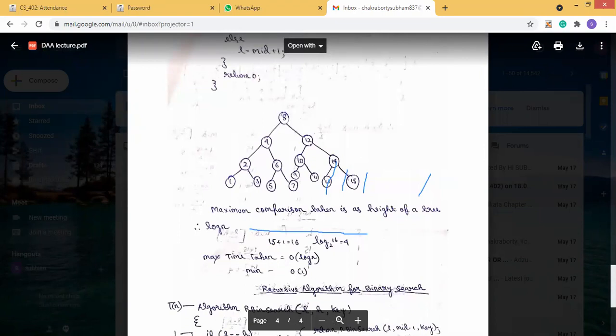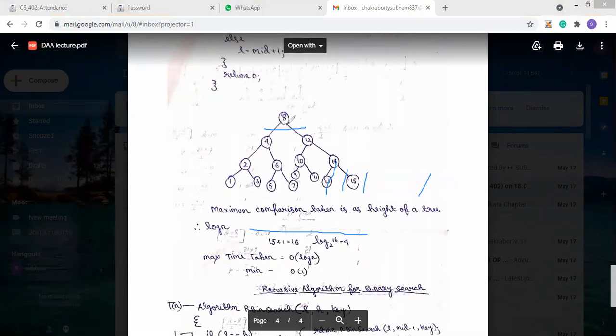According to this example, the tree is prepared. At first, the mid is 8, because 1 plus 15 by 2 is 16 by 2, so our mid is 8. That's why you see the root node is 8.